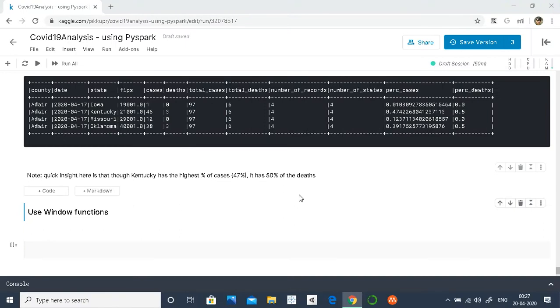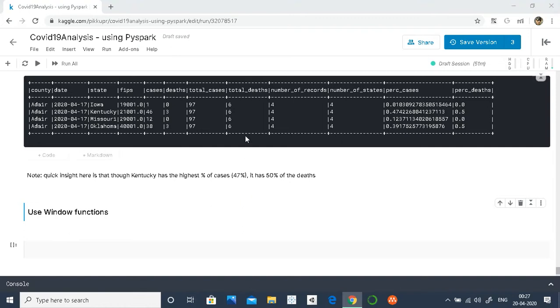This is the fourth part of the series Introduction to PySpark. In the previous three parts we have already covered how to apply filters, do aggregations, do group by, and also how to apply various joins. In this part we are going to learn how to apply partition by and rank in PySpark.